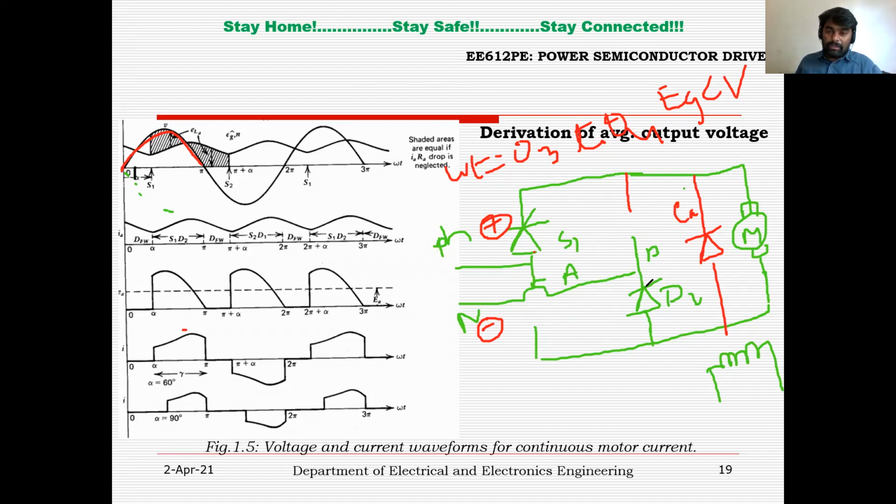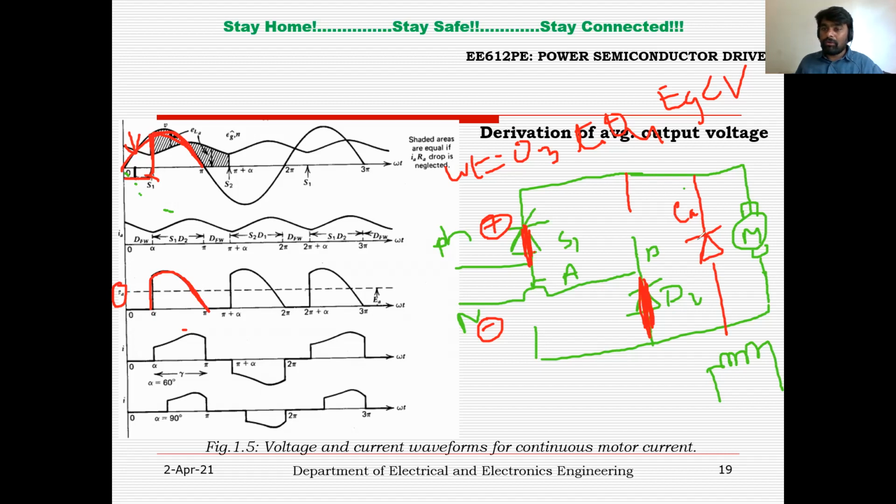Now, at the moment D2 is in forward bias condition, it will conduct, no doubt. But to get a closed path from the source to load and back to the source, the switch S1 should be conducting, right? It should be in the conduction state. So now at omega t equal to alpha, you can see here, S1 is triggered where alpha is more than theta 1. Here it is theta 1. It is just after theta 1, right? So from that particular point onward, the output voltage has to follow the input voltage. So it will suddenly go to the maximum value and then it will follow the input voltage. The same thing you can see: the input and output voltage of a semi-controlled converter is this much.